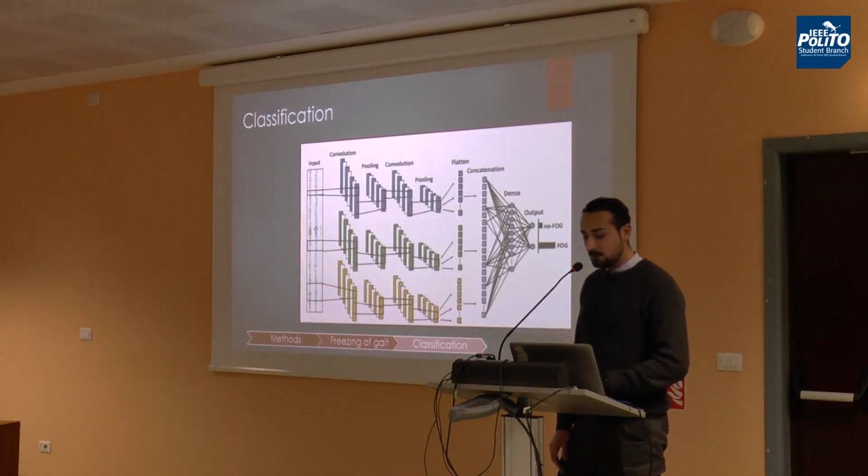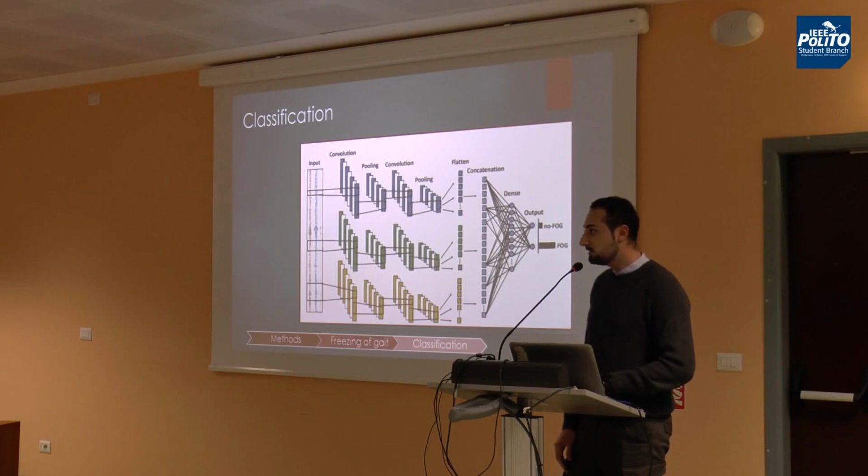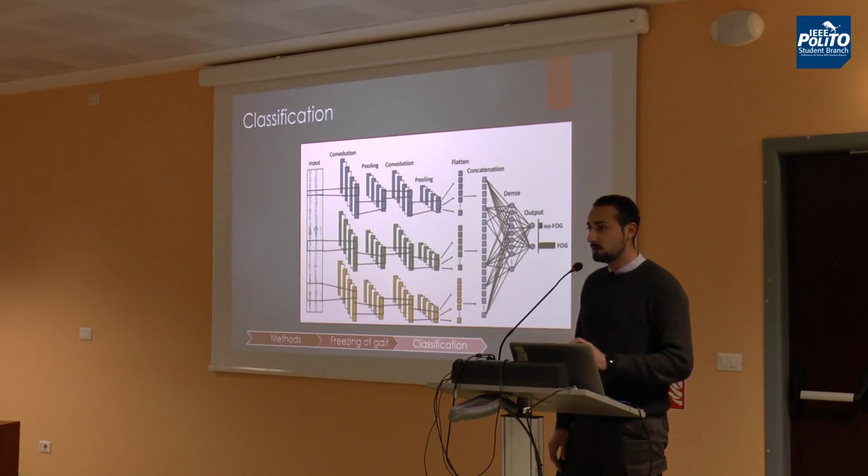So this is the model. If you are not confident, this is a convolutional neural network. Basically, we can say that it consists of 2 parts. The first part is the feature extractor. It automatically extracts the most important features from the signal, and then it passes to a kind of artificial neural network, which consists of neurons. And they provide the output, which is the probability of a single window being freezing of gait or not.